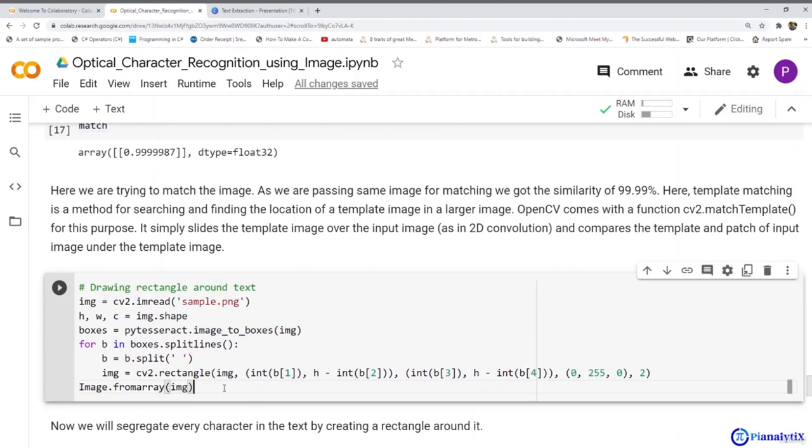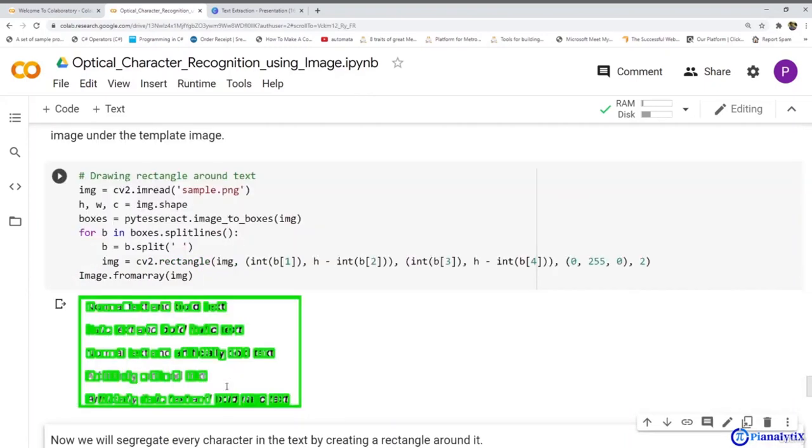After that, we are running a for loop which will split the words, and we will use the cv2 function cv2.rectangle, which will create a bounding rectangle around each word. Now let's run this and see how it works. Here you can see in the output that it creates a rectangle around each and every word. As you can clearly observe, each and every character is bounded by a rectangle here.